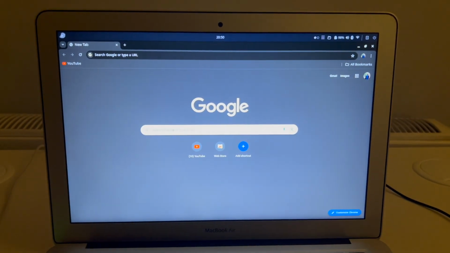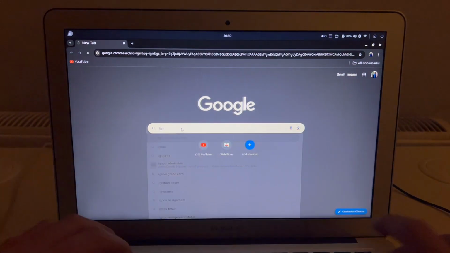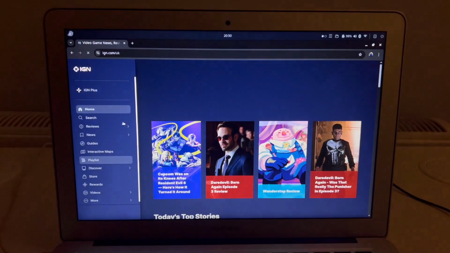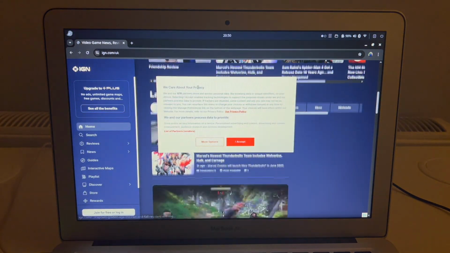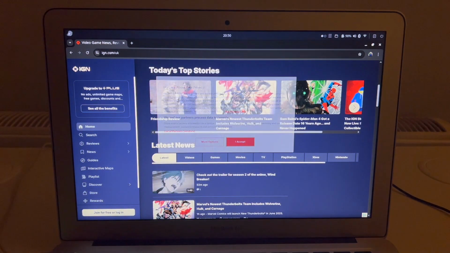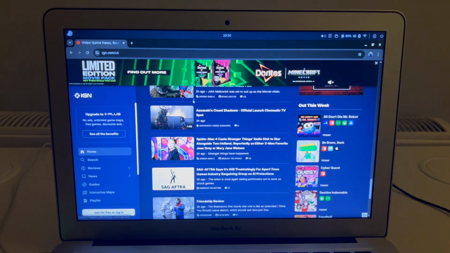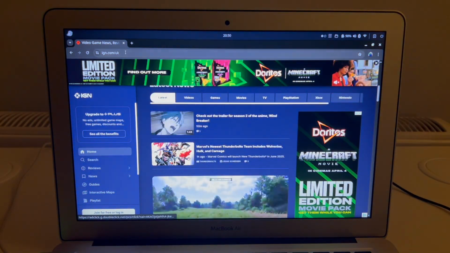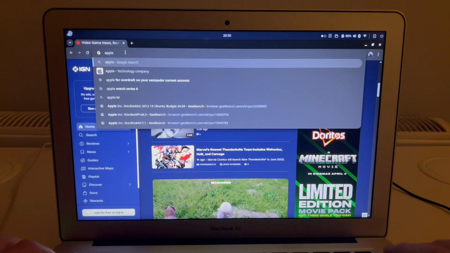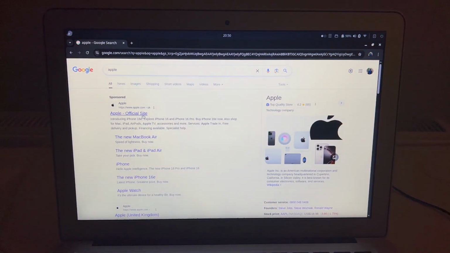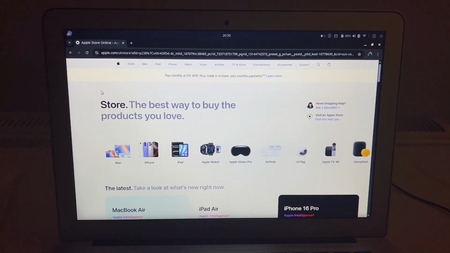Yes, we'll have a look at normal websites. Let's have a look at IGN. Yeah, it's running this smoothly. So what I'm saying is, for general web browsing, this is going to be absolutely fine. To be honest, it probably would have been fine on Catalina, but